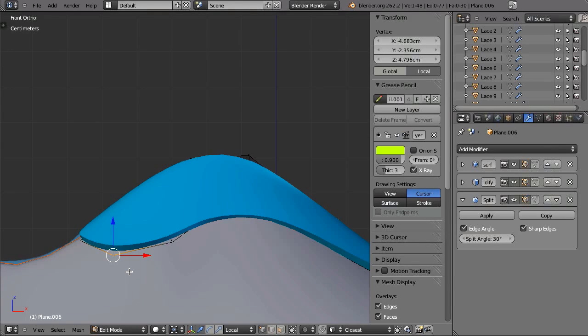Save. So with this, we have reached the end of modeling part 1,